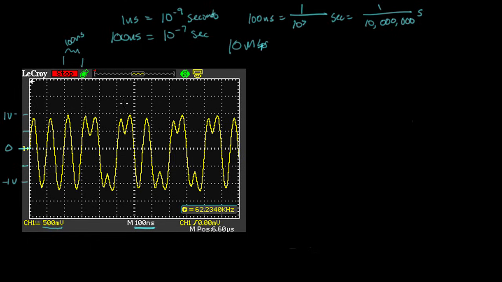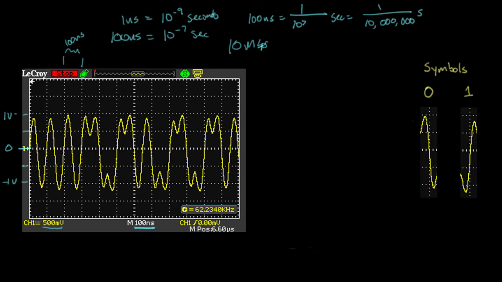So this is a very convenient division here. We should be able to find 1 bit per division. And so what's going on here is we're using the same Manchester encoding that we saw the last time. And so the signal looks a little bit different, but really what's going on is we have these same symbols